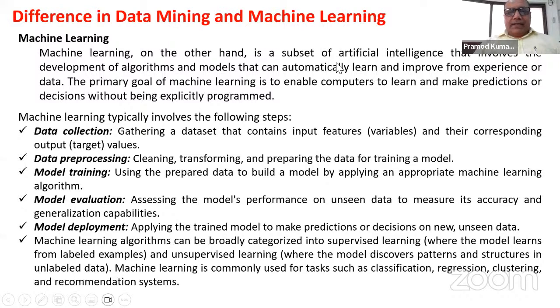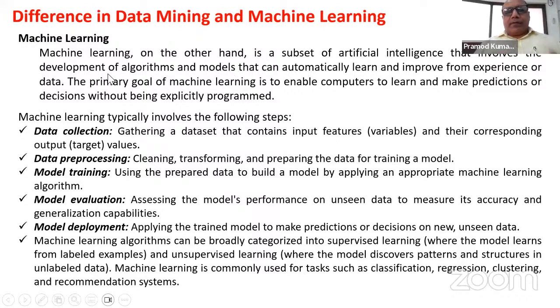Whenever we say artificial intelligence, the simple meaning is that these are algorithms which learn from the data, that is, from the past data or experience. That is the general principle for AI, so the machine learning is a subset of AI that involves the development of algorithms and models